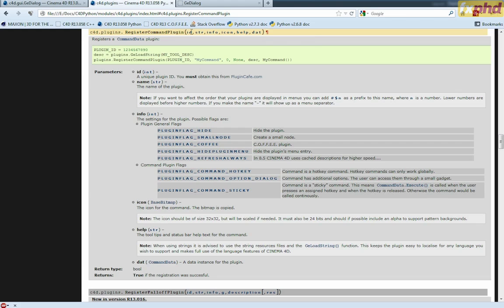Now the first thing first, the ID. This is a unique plugin ID that Maxon or Cinema expects for every single one of your plugins. So this has to be unique, because that's how Cinema is going to address your plugins. It's like a namespace. So whenever you create a new plugin and it leaves your development stage and you want to give it out to other people, you have to make sure that you create a unique plugin ID specifically